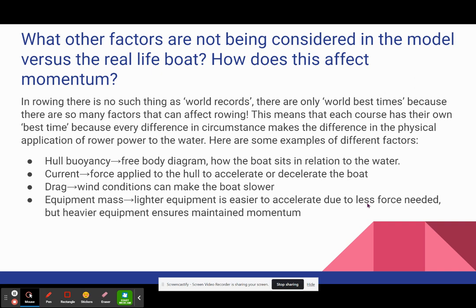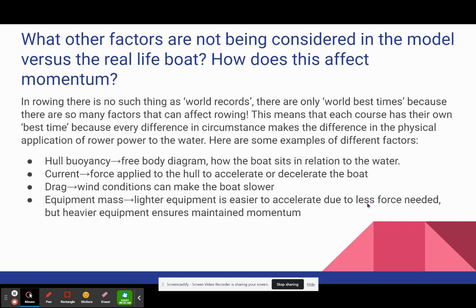Hull buoyancy. The way we would display this is via a free body diagram, and it is basically how the boat sits in relation to the water, how deep it is in the water, which means more or less surface area of the boat is in contact with the resistance of the mass of the water, which works similarly to a normal force in that you are on the surface of an object, except it's water, which has a different density. Then we have current, which is the force applied to the hull to accelerate or decelerate the boat,